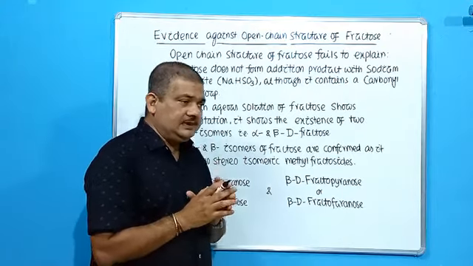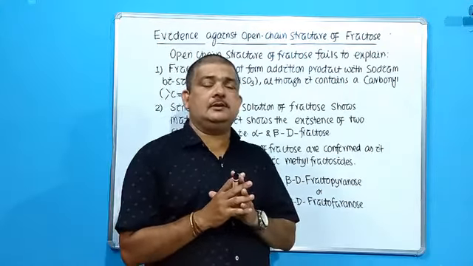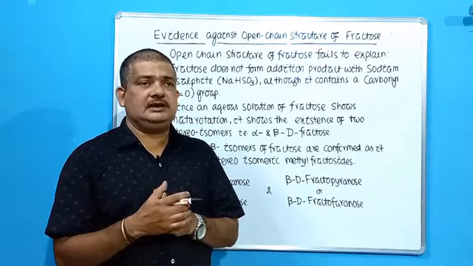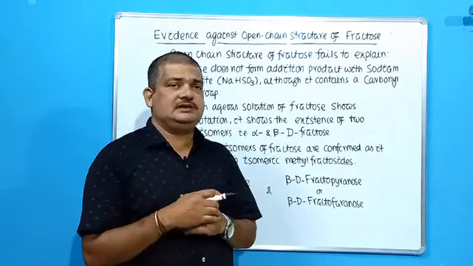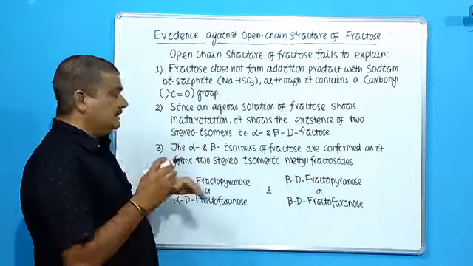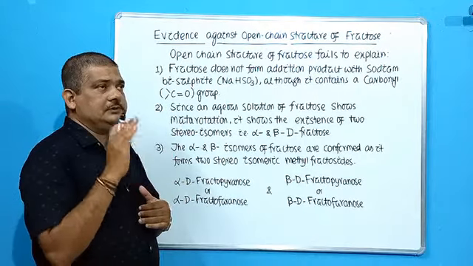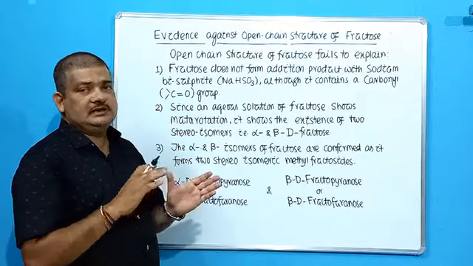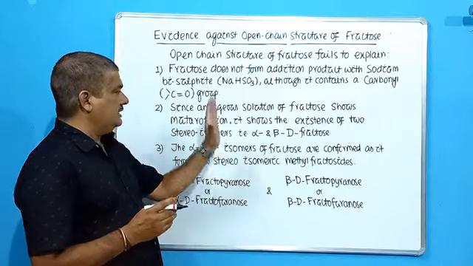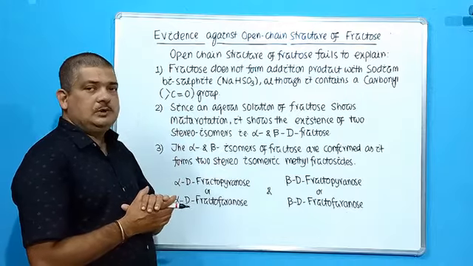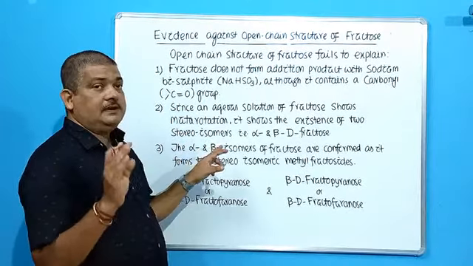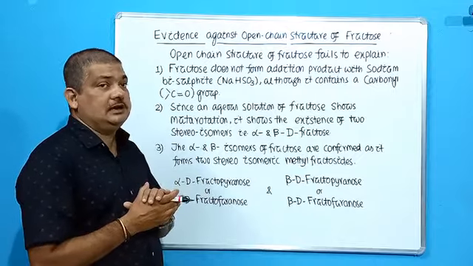Any optically active isomer can rotate the plane of polarized light, and the extent of degree to which it rotates is known as specific rotation. So what is mutarotation? It is the property by virtue of which only the specific rotation changes, while the other properties remain intact. So like glucose, the aqueous solution of fructose also shows mutarotation, that is, change in specific rotation. That again confirms the presence of two stereoisomers.